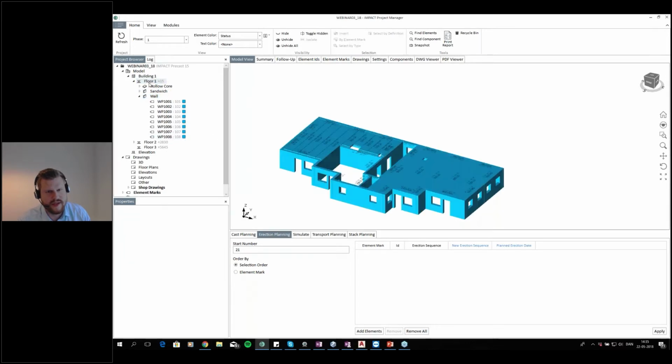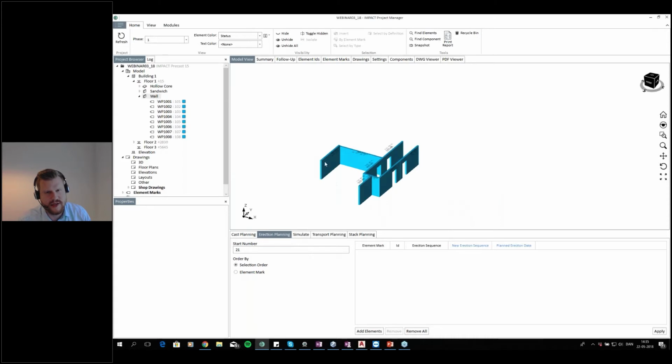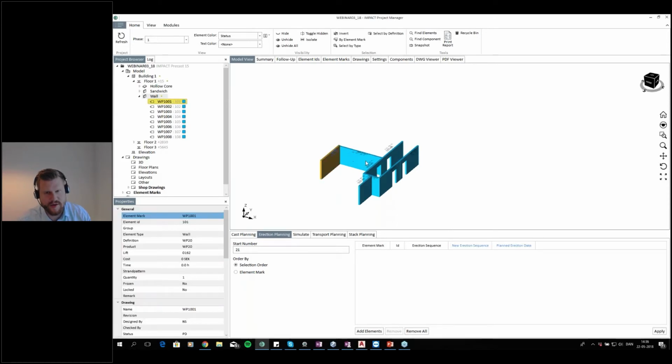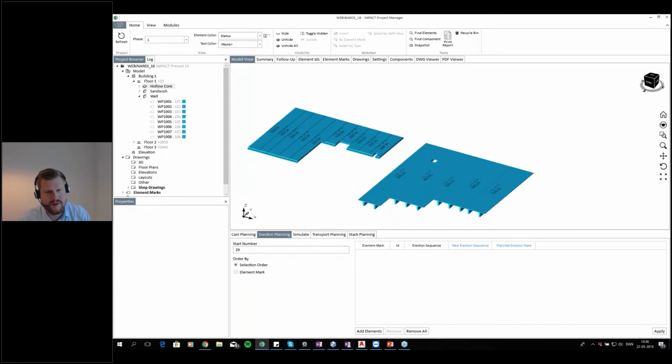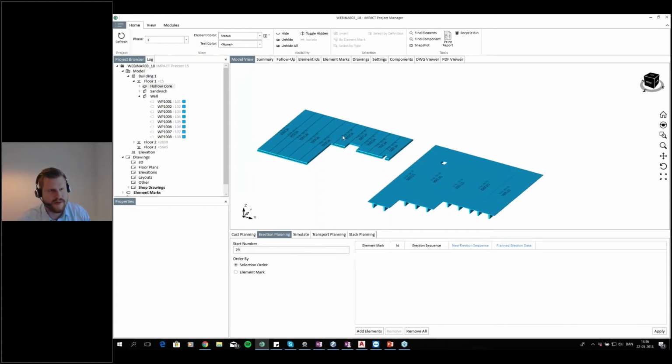And I could also see the whole floor at once if I wanted to do something specific with the walls depending on the sandwich. But let's just do it like this, and we'll just keep going the same way we did with the sandwich panels. We want to put these up in this order, add the elements, apply the erection sequence, jump to the hollow core. What I can do with the hollow cores now is I can look at it in 3D here, but